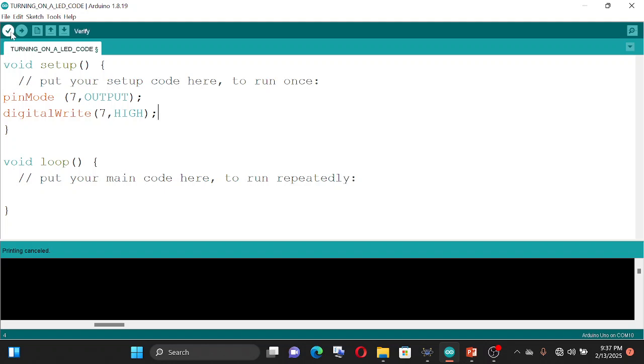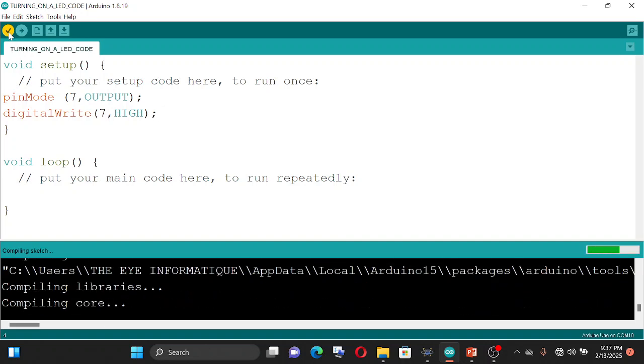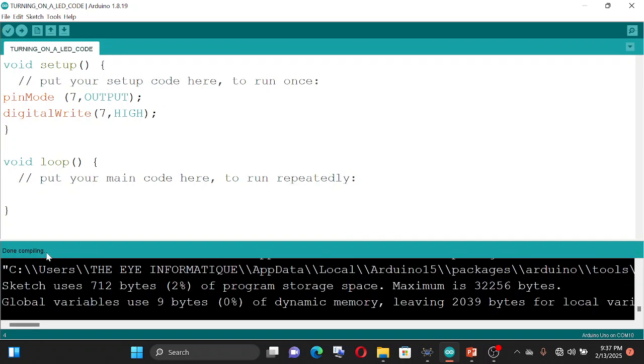After writing this code, we are going to compile by clicking on verify. It's done compiling. As you can see, in order to load this code in the microcontroller, we need the hex file which has been generated.